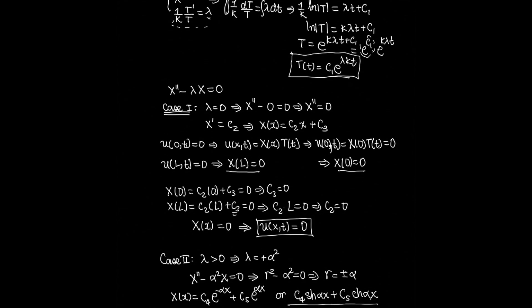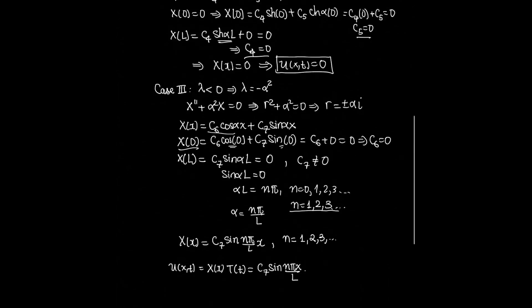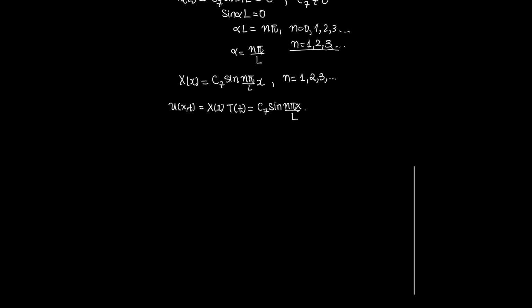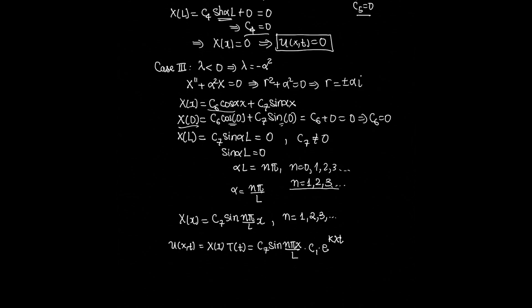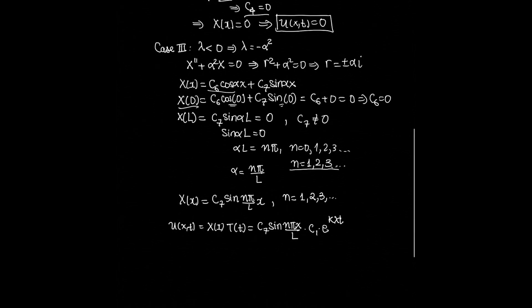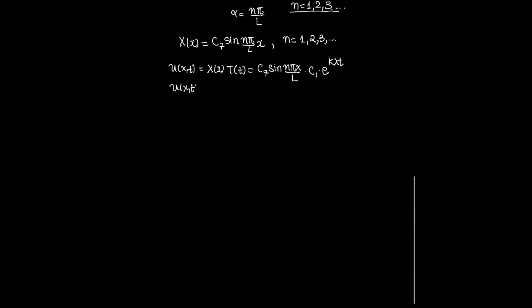This solution, which is C1 e to k lambda t. Okay, this is the equation that we got. Now I need to get rid of this lambda here. I have u(x, t) is going to be C1 plus C7. I'm going to just put a constant C, e